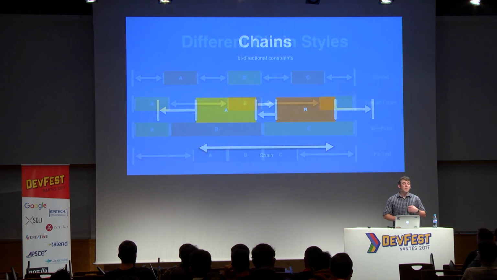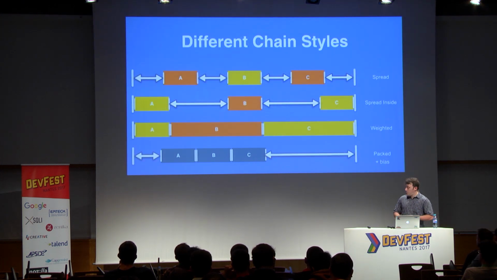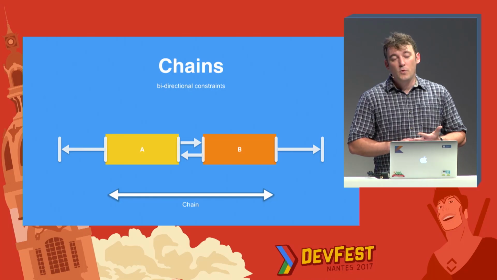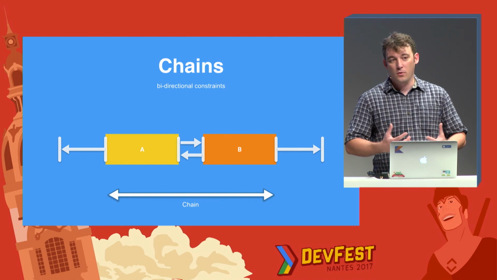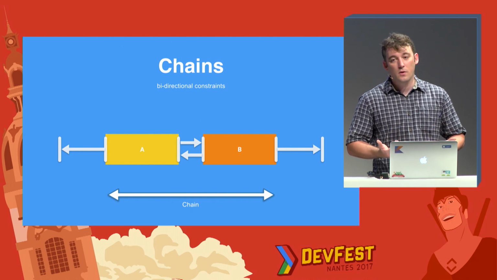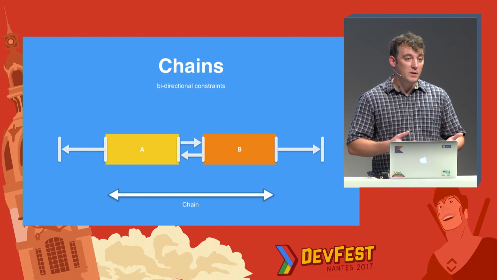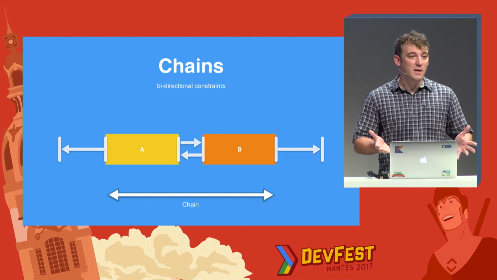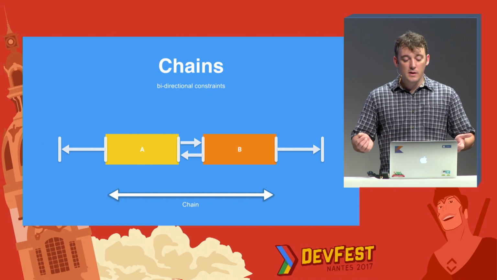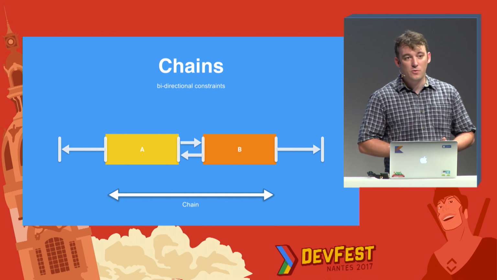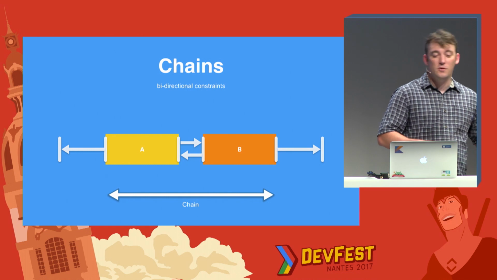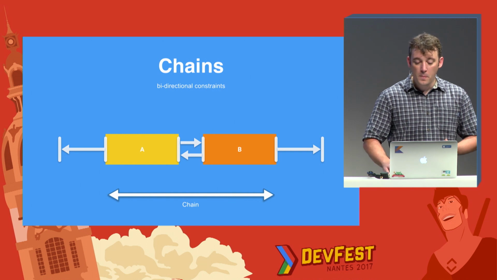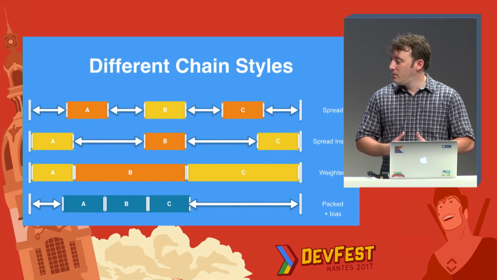The other thing that we had was the concept of chains. And a chain is basically the need to have some kind of group behavior while not having to introduce another view group. And we do that because we wanted to keep things as flat as we could. And the way we specify that is simply if you have at least two elements that have a bidirectional constraint. So one is connected to the other, and the other is also connected to the other one, and that's it. That's a chain.